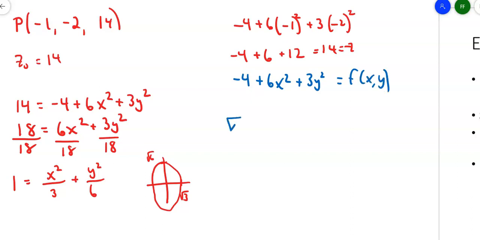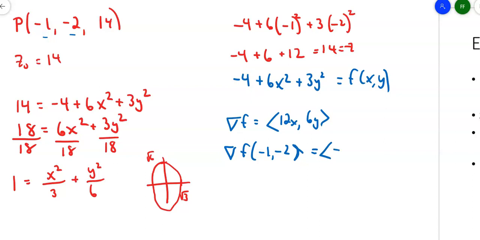So the gradient must be the partial with respect to x, so I'm going to get a 12x, partial with respect to y, 6y. All right, now evaluate that gradient at the point I was given as the first two coordinates in here, (-1, -2). 12 times negative 1 is negative 12. 6 times negative 2